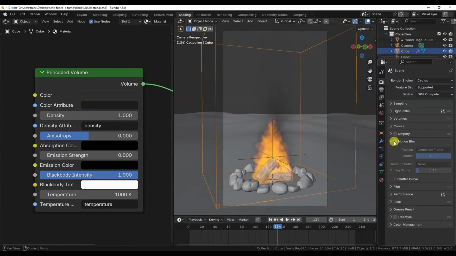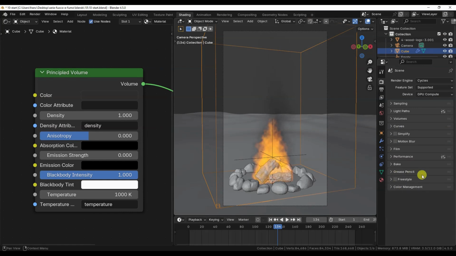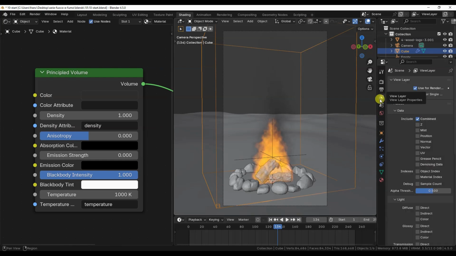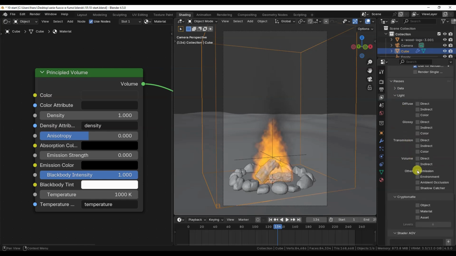For any rendering, the final look also depends on good node compositing and post-production. Fire is no exception, and in this case, we can also take advantage of the emission render pass, which allows us to isolate the pixels of light-emitting sources, such as emission or volumetric materials, for compositing. So I enable this render pass in its dedicated panel before running a test render and moving to the compositing nodes editor.